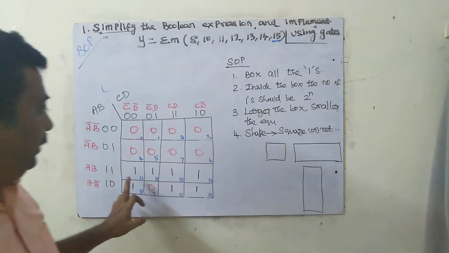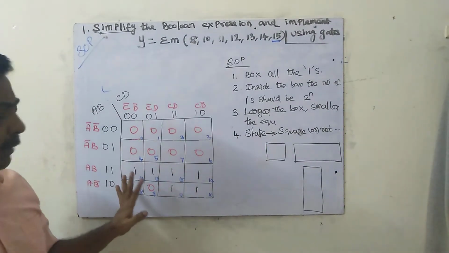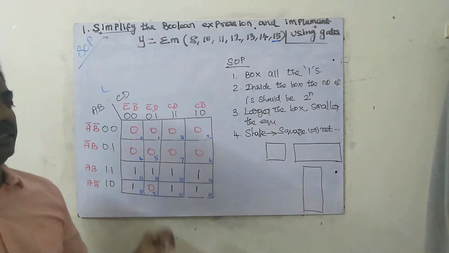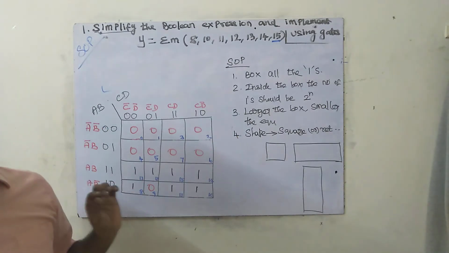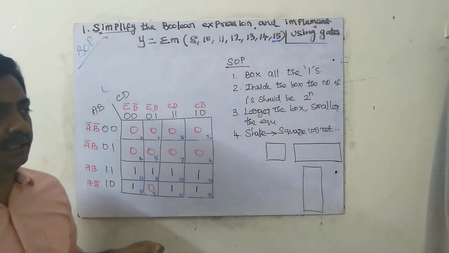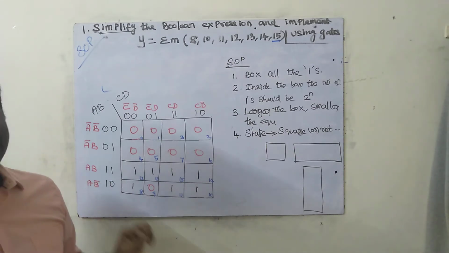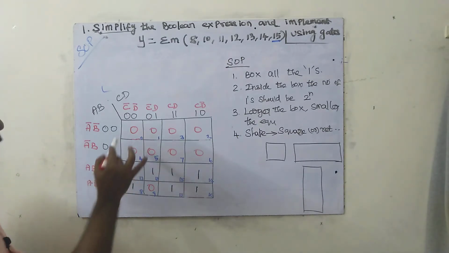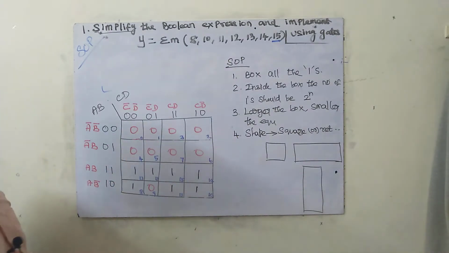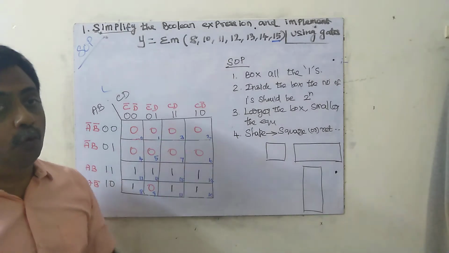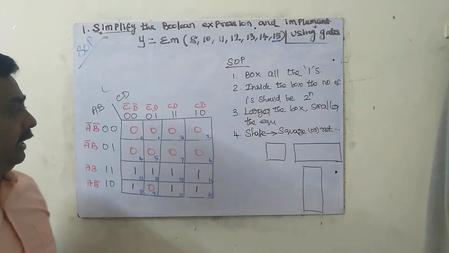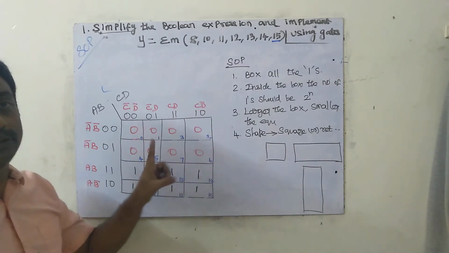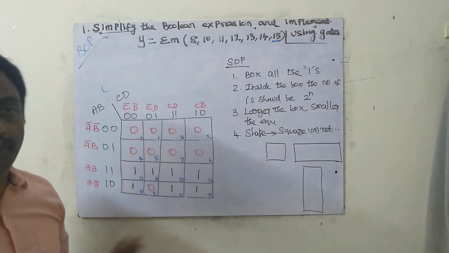Coming to this, here we have to apply our human brain. That's very, very important, because human intelligence is required here. Suppose, check it out. Is it possible to box all these 16? No, because zeros are there. I have to box only the ones. I cannot box all these 16. If it were all ones, I could box all of them. The answer is no for 16, because it's not like that.